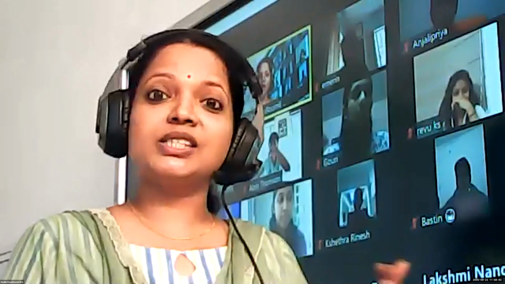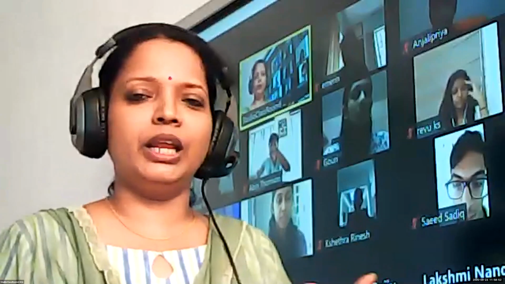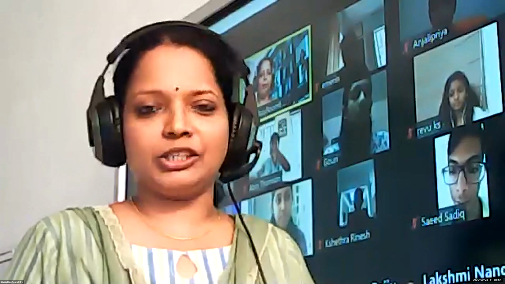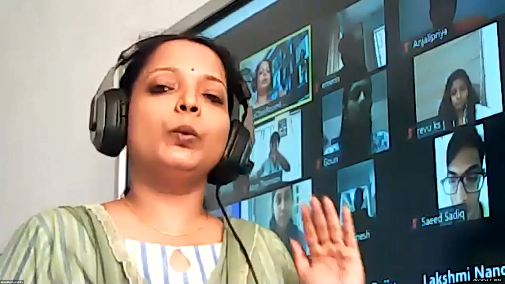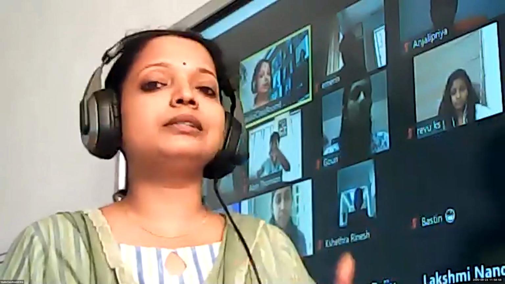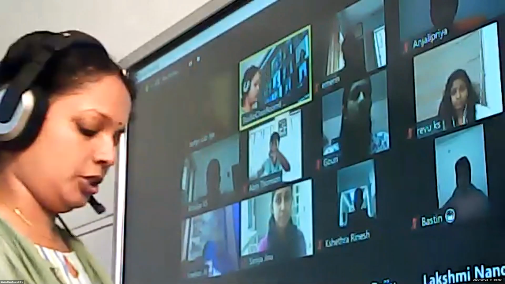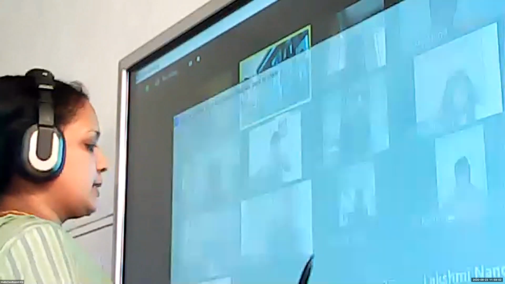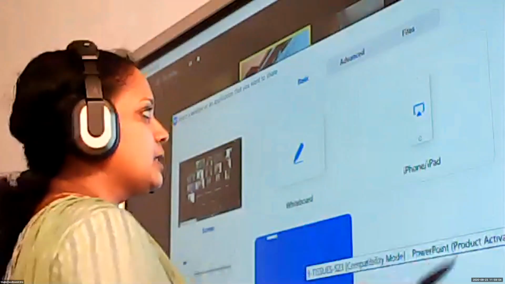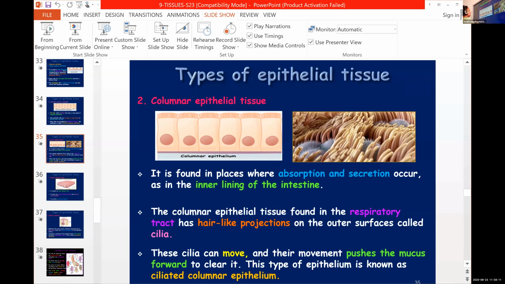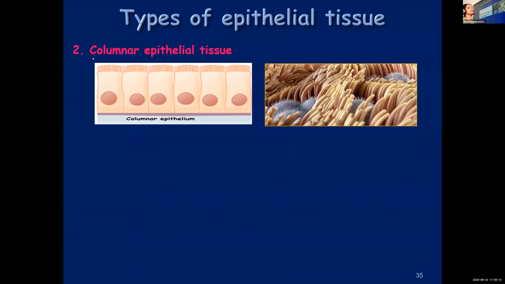And why do you call it stratified squamous epithelium? Any special reason? Patterns of layers. It has layers of pattern. Very good. It's found in several layers. It's found in a pattern of layers. So today we are going to learn the remaining types of epithelial tissues. So let us start. So the second type of epithelial tissue, what you are going to learn is columnar epithelial